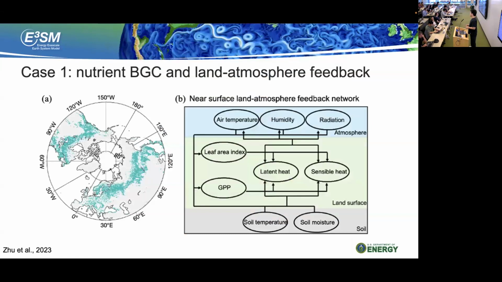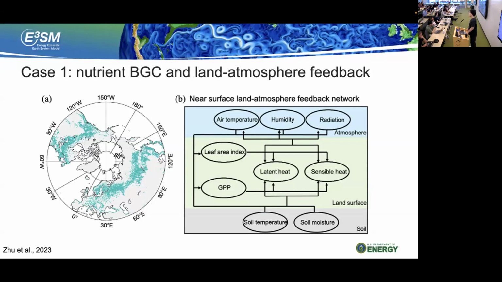And so for the case study, this is our V1 result that I show here. We analyze the nutrient BGC impacts on the land-atmosphere feedback. So we construct this feedback network. We can include all the variables, but these are the important variables that we are at least interested in looking at. And we focus on the extratropical forest.